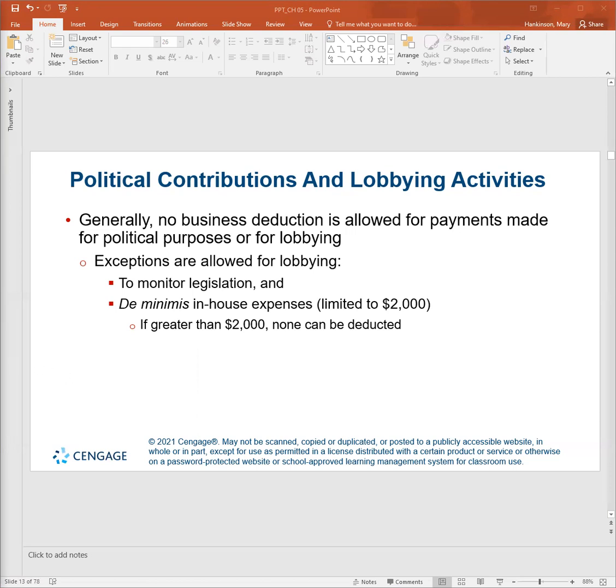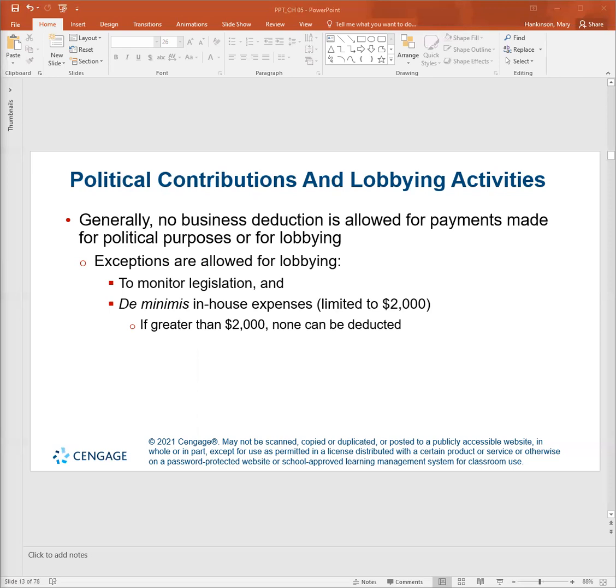Lobbying expenses are not deductible. Lobbying expenses include those incurred in attempting to influence any existing or potential legislation at the federal, state, or local level. They also include direct communications with certain high-ranking federal government officials in an attempt to influence their official actions or positions. So the disallowance extends to a pro rata portion of the membership dues of trade associations and other groups that are involved in lobbying activities.